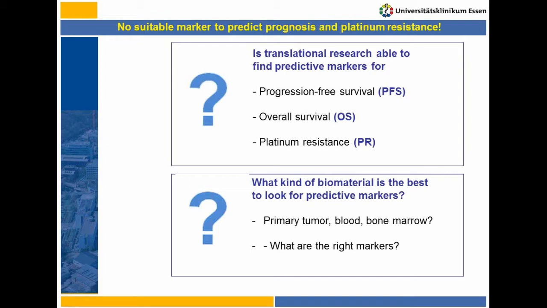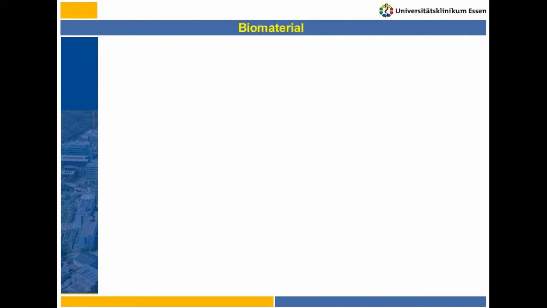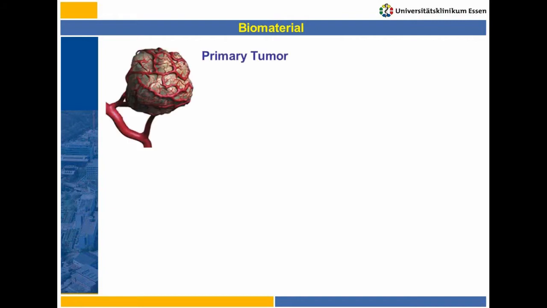And the second important question is, what kind of biomaterial is best to look for predictive markers? Is it the primary tumor? Is it blood? Is it bone marrow? And the next question is, what are the right markers? So what about the material? So the biomaterial, you can, of course, analyze a primary tumor. This has been done for LOH analysis, for next generation sequencing, but the problem is you have the primary tumor at the beginning of the disease, so at primary diagnosis, and you cannot use the tumor for follow-up of the